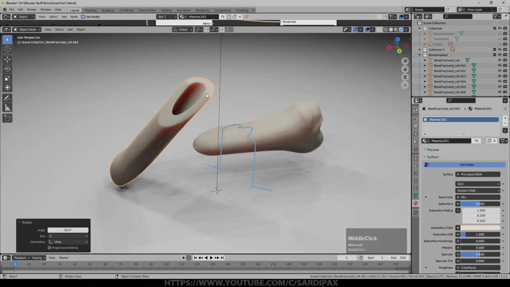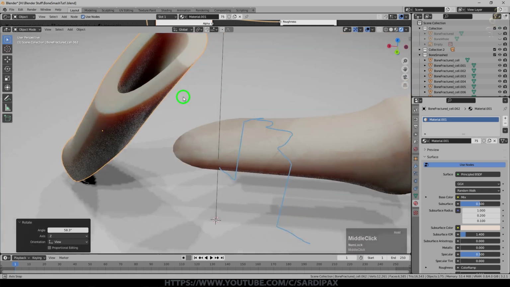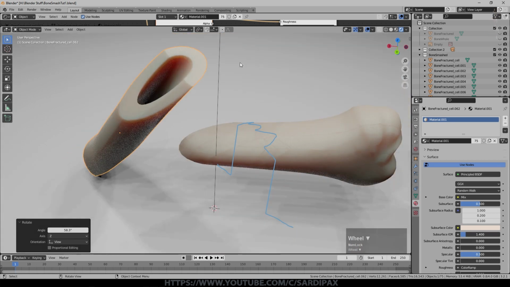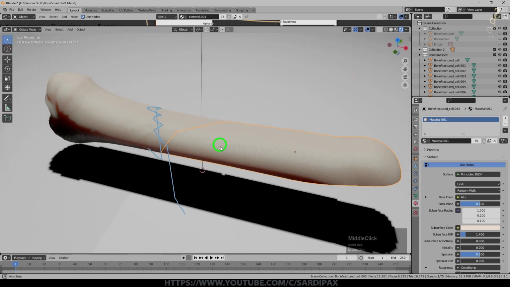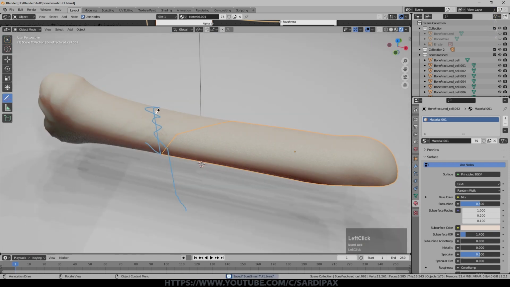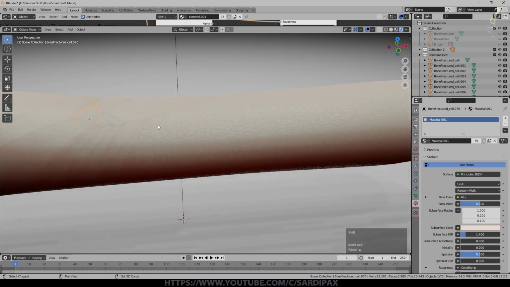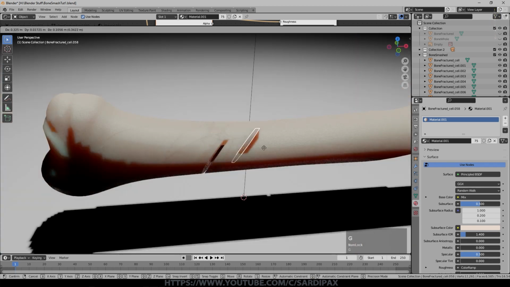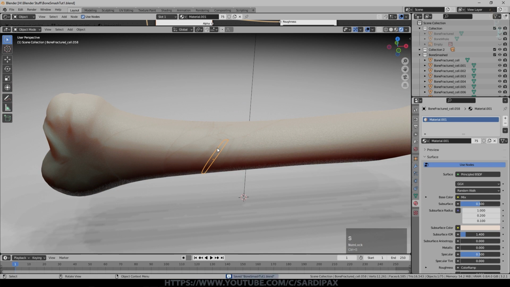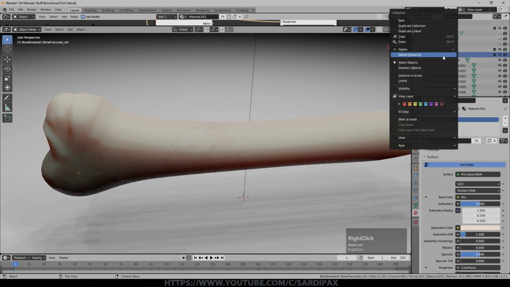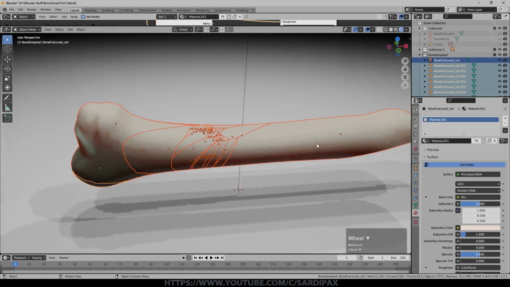And we probably want a bit of translucence on there as well, but I'm not going to worry too much about materials for this demonstration. And you can see we've got a bit of broken bone there. So that's fractured the bone. So I can now just erase that annotation just to get it out of the way. And you can see there's lots of different pieces of the bone here, but at the moment they don't do anything. So I'm going to right click the top of this collection, which is my fractured bones, and just say select object. So that selects all of them.